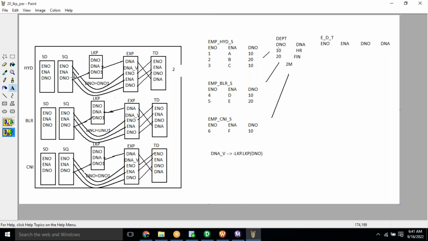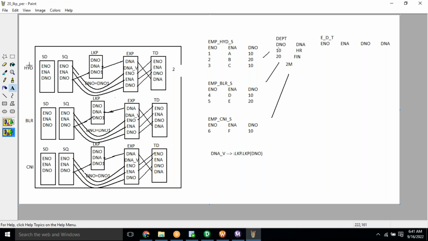Same way, the second record. After passing the first record, next, the second record, we have department number 20. It will pass 20 to the lookup transformation. As soon as lookup receives 20, it will look for the matching value inside the static cache. Yes, there is a matching value inside the static cache, then the corresponding finance it will return, and like that it will load the records to the target table. In the same way, the third record also it will pass to the lookup. Lookup will look for a matching value. The corresponding department 10 name will pass to the expression and the target. So the first pipeline source will pass three records to the